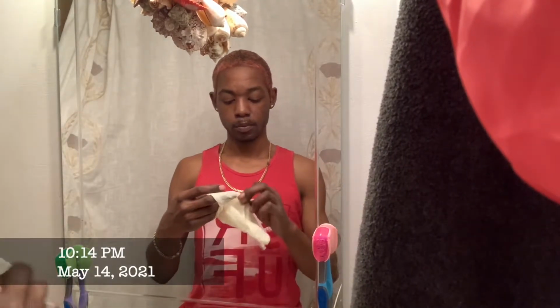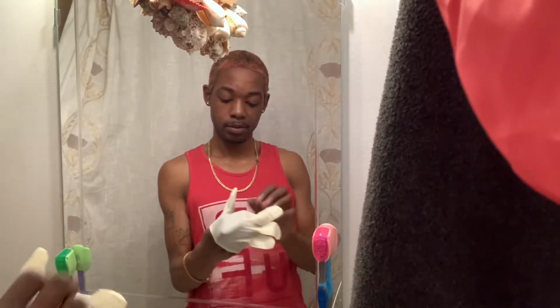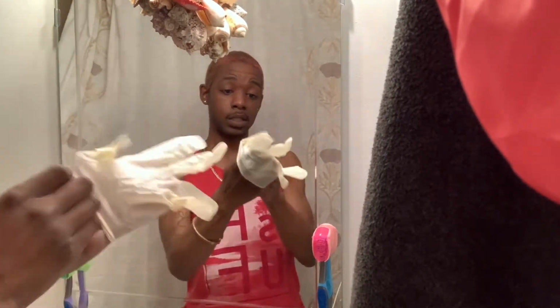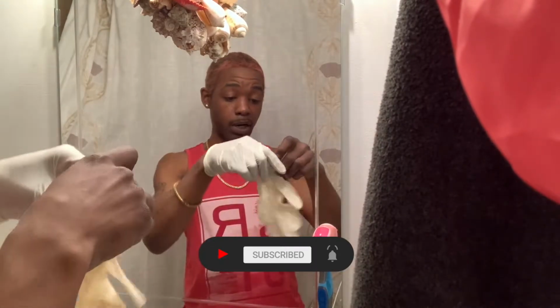Okay, y'all. I'm in the process of opening the packet of gloves. I know I did not rip it, but child, y'all see this? Hold my glove. How dare you? How dare you? So let me put these gloves on, y'all. Put my gloves on. Right, so